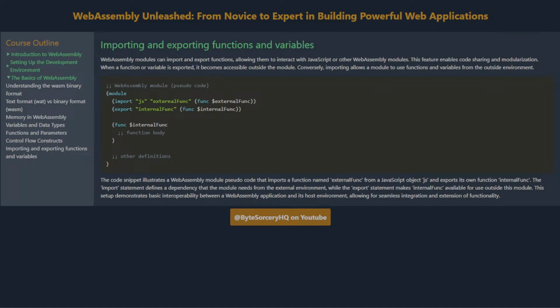The code snippet illustrates a WebAssembly module pseudocode that imports a function named external_func from a JavaScript object JS and exports its own function internal_func. The import statement defines a dependency that the module needs from the external environment, while the export statement makes internal_func available for use outside this module. This setup demonstrates basic interoperability between a WebAssembly application and its host environment, allowing for seamless integration and extension of